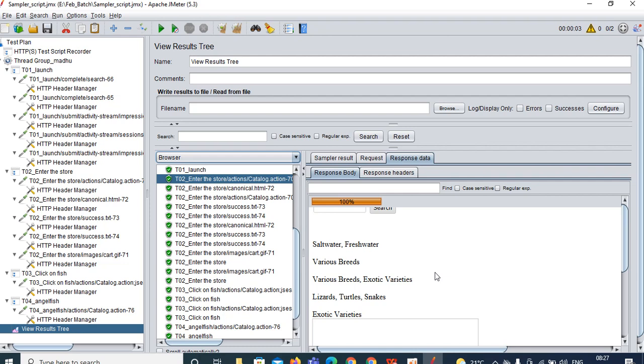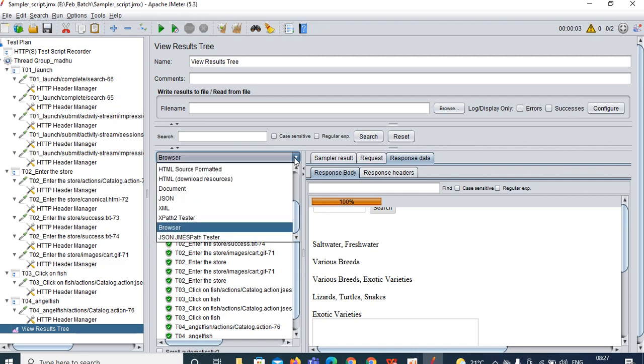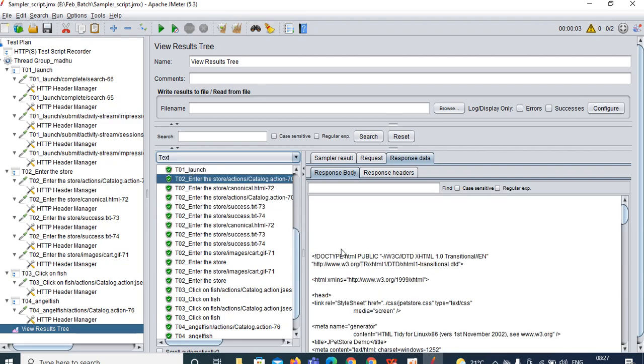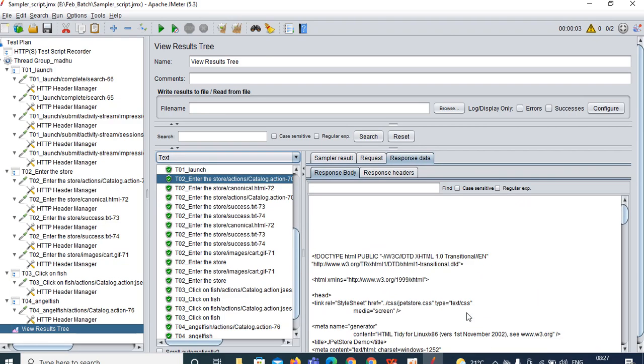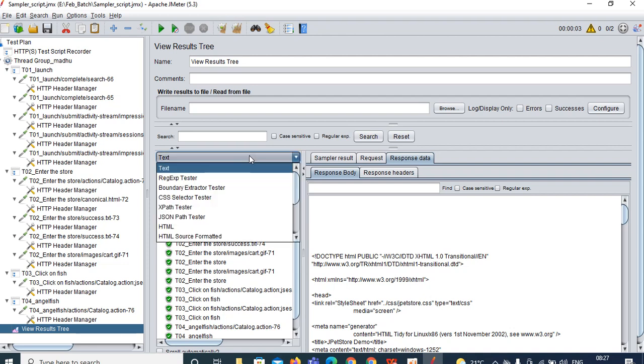So better you go with the browser. If you go with text, you cannot verify whether you are getting the proper response or not. That is a very difficult process. So instead of text, just click on the text and go with the browser.